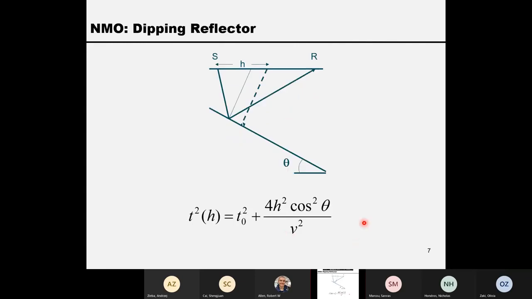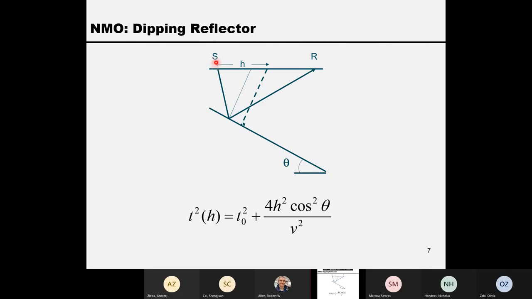However, NMO only assumes the subsurface is a flat layer. Not only is the source-receiver offset small, but also the subsurface layer is flat. But in practice, very likely the subsurface has a dipping angle. Let's see, that's a very straightforward mathematical derivation. If we consider this dipping angle theta here,